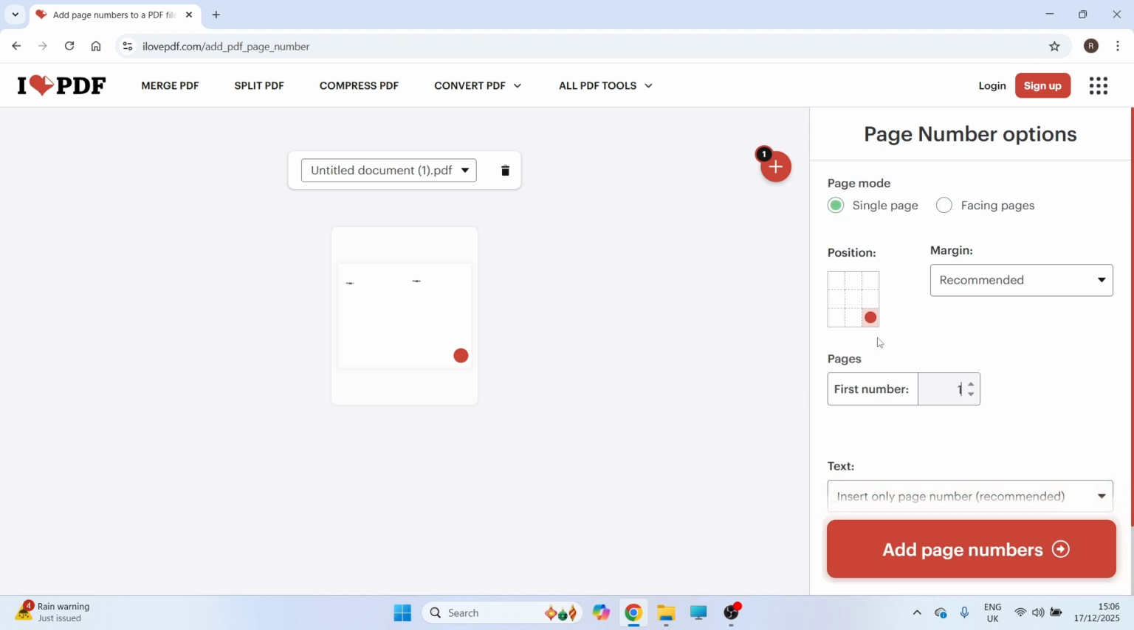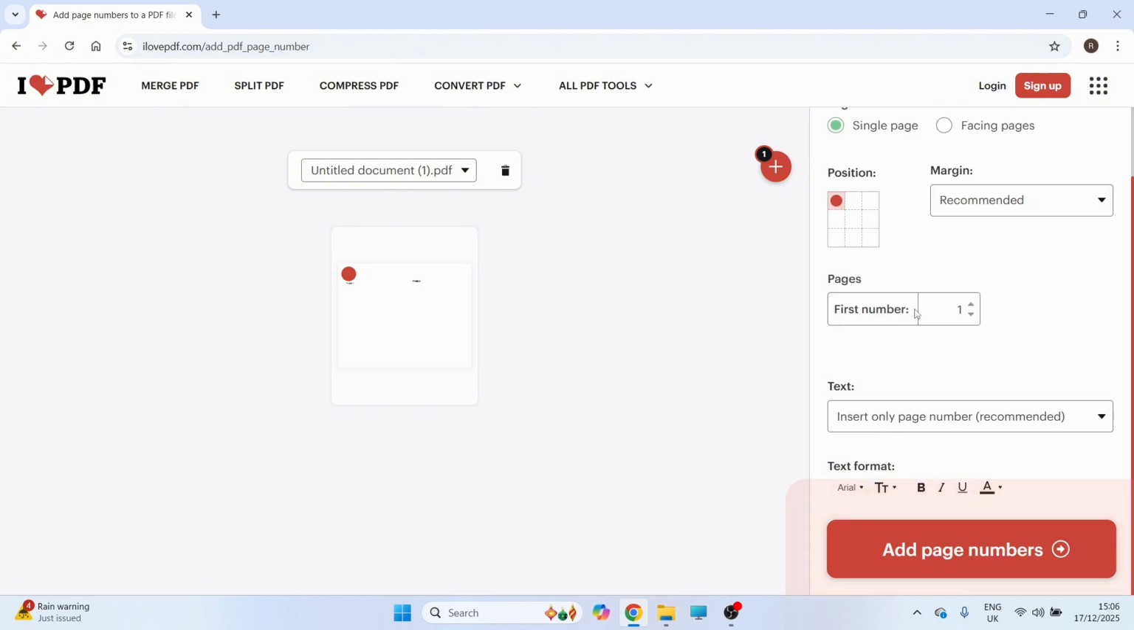You can then decide the position of where you want these page numbers to be displayed. So I'm going to select in the top left hand side. You can then come down to where it says first number and you can select what page number you want to start from. So I'm just going to leave this on page number 1,